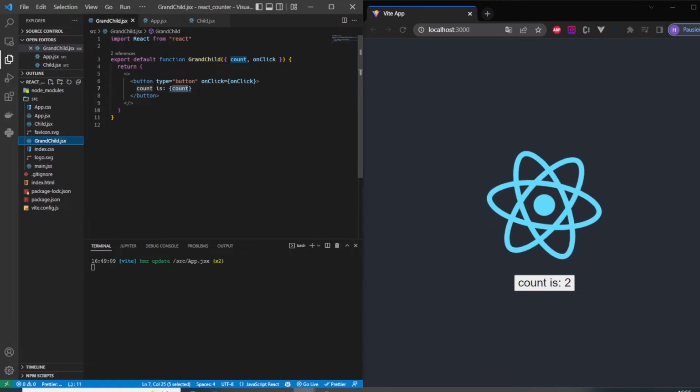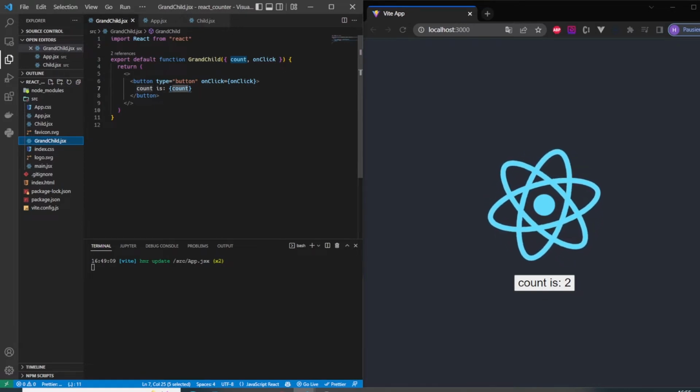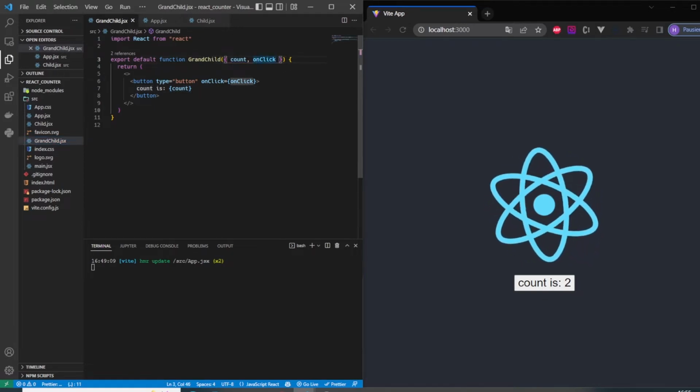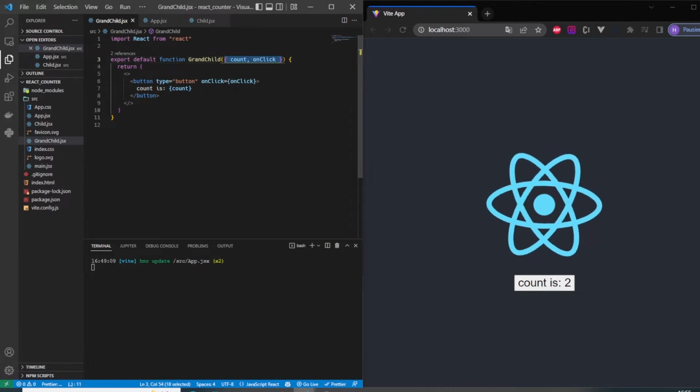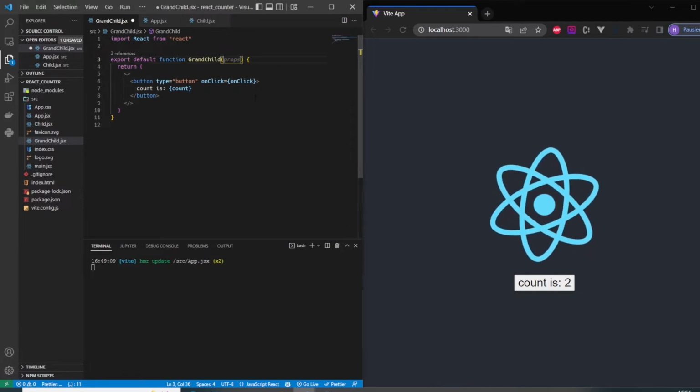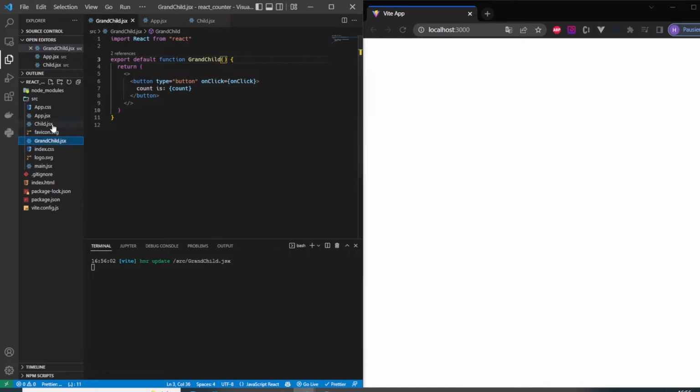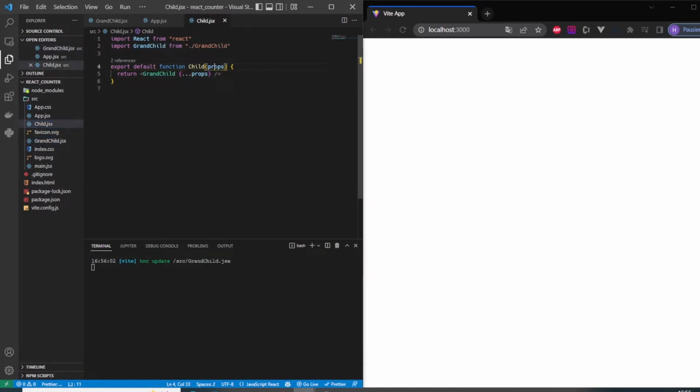Let's go. So first of all, our grandchild does not need to receive these props anymore, right? And also our child component does not need to receive any props anymore